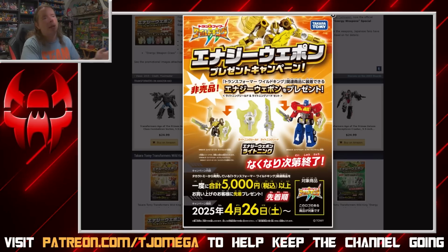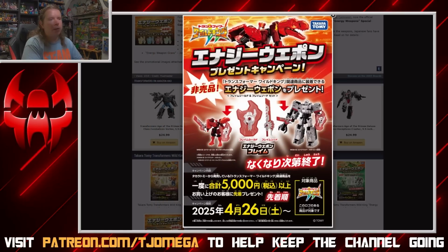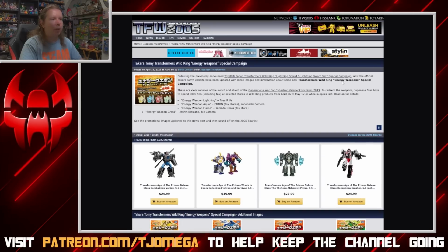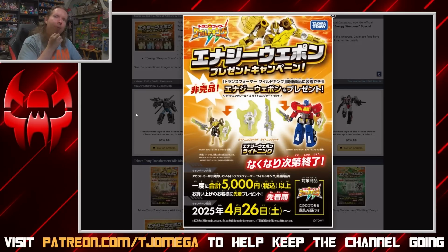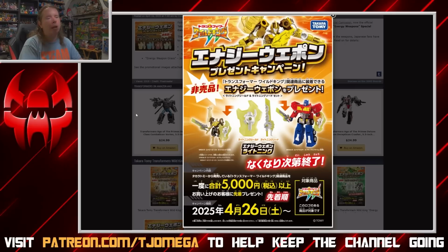as a bonus. Every sword and shield in this set is actually linked to a different store. So just real quick, one is for Toys R Us, one is for Aeon, one is for Yamada Denki, one is for Joshin Kidland. This is weird to me because that means you'd have to spend 20,000 yen in order to get all of these. I hope it includes other Transformer toys in the promotion,